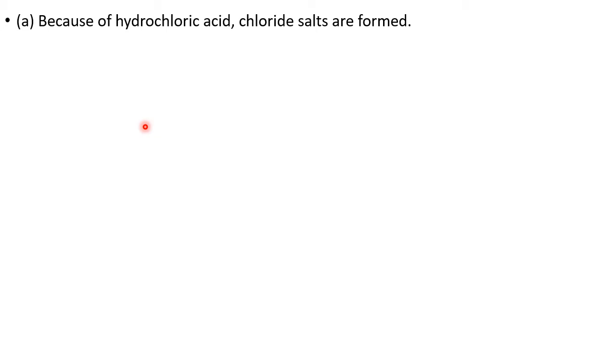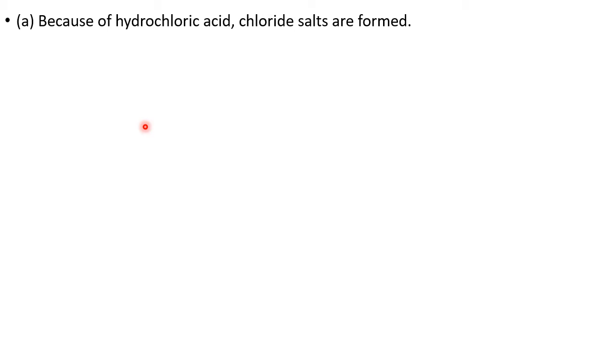So salts which are formed from hydrochloric acid are called chlorides. If the salts are formed from sulfuric acid, which contains SO4 2 minus, they are named sulfates. If salts are formed from carbonic acid, H2CO3, CO3 is the anion part, they are called carbonates. So sulfates, carbonates, chlorides, bromides, iodides, nitrates, all these are salts from the respective corresponding acids. So depending upon the acid, sometimes the name is given.